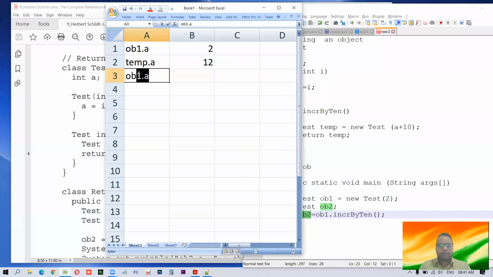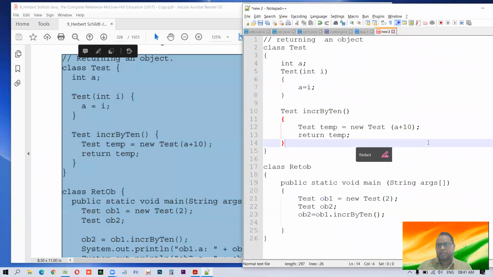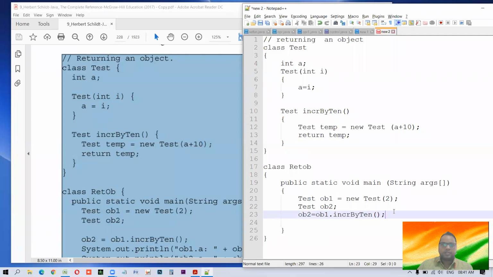तो अब नया ऑब्जेक्ट बन रहा है, अब ob2 बन रहा है, और ob2 क्या हो जा रहा है, टेम्प हो जा रहा है. तो उस हिसाब से क्या होगा, जो भी टेम्प का रेफरेंस है, जो भी टेम्प का वैल्यू है, वो ob2 में ट्रांसफर हो गया. तो इस लिहाज से ob2 के a का वैल्यू भी 12 हो जाएगा, याद रहे, जितने भी डेटा मेंबर्स रहेंगे वो इस तरह से काम करेगा.